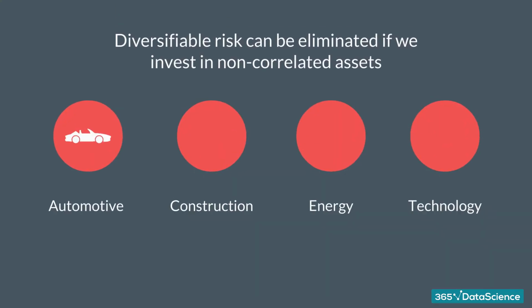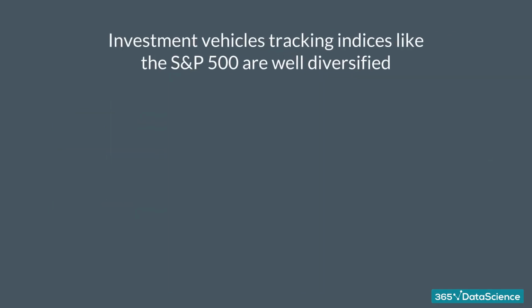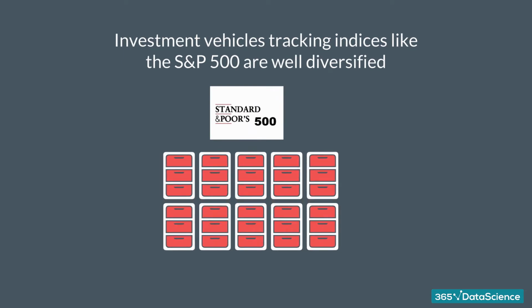Academic research has shown if we build a portfolio containing at least 25 to 30 stocks that are not correlated, unsystematic risk will almost disappear. It is not a coincidence that many investment funds try to provide their clients with the opportunity to invest in an investment vehicle, like an investment fund that contains the same stocks as the S&P 500 index. If you own a portfolio of 500 stocks, the only risk you are exposed to is systematic risk, and it doesn't mean this comes at the expense of a lower expected return.